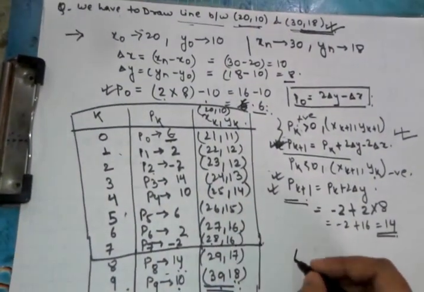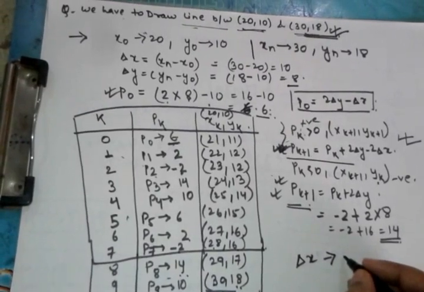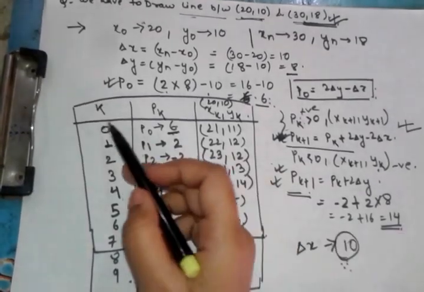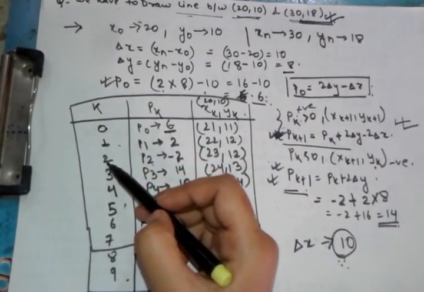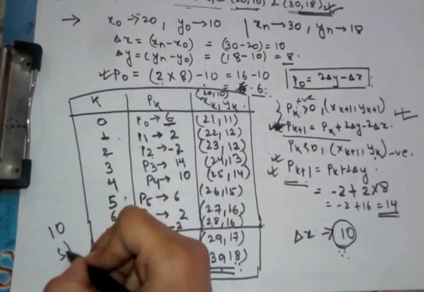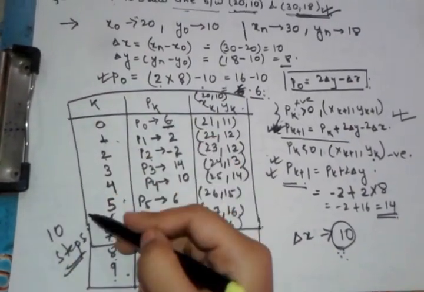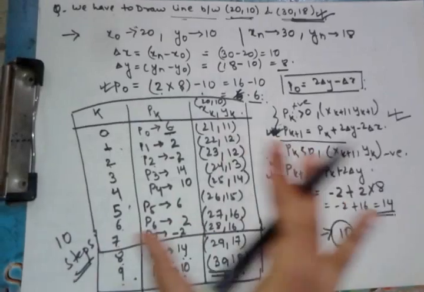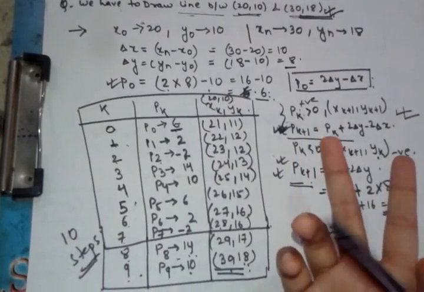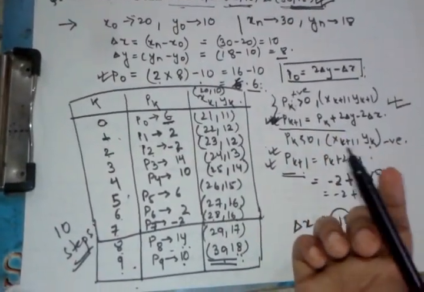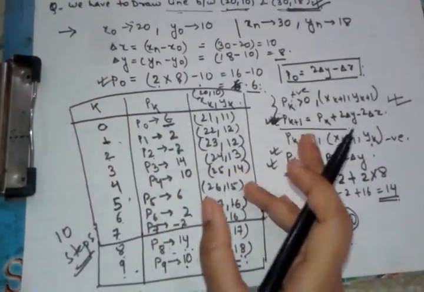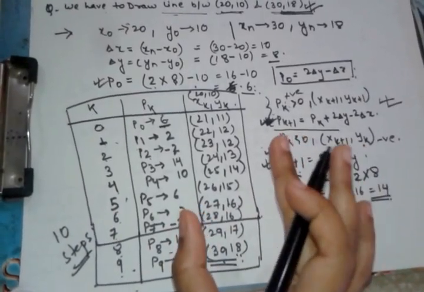Okay, here we will notice that del x is 10, so we have to perform till del x, that is 10 steps. Counting from 0: 1, 2, 3, 4, 5, 6, 7, 8, 9, 10. So it will complete in 10 steps, because del x is 10. These are the methods through which we draw a line between any 2 points given in the examination. It is generally asked in questions. After doing this, it is better to make a graph of the stair step effect.